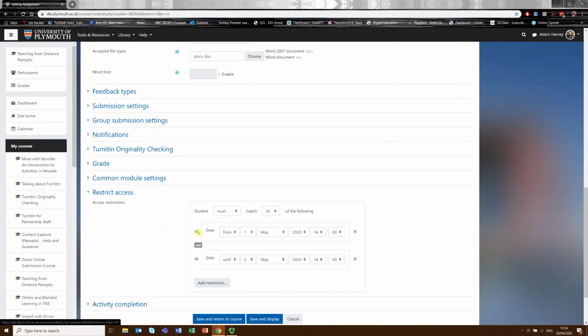But given the situation that we're in, and the transparency that we want, we want them to be able to see it, so if they come onto the course early, they know where they're going to have to come and find it on May the 1st at 2, so they can see where it's going to be, and then come 2 o'clock on May the 1st they can go straight there and begin work. So if we're happy with everything, we click on Save and Return to Course,